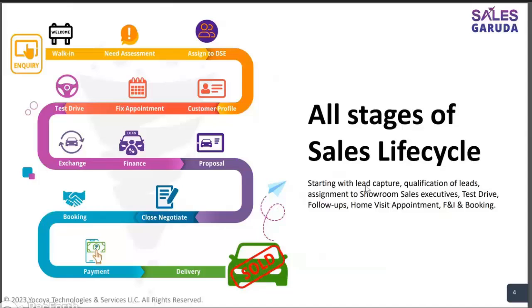Once the proposal is sent to a customer for whichever vehicle the interest is shown, you close the negotiation part, and finally there is a booking that you can see right over here. Once the booking is done, you take the booking amount, and once the payment is received, finally you make the delivery of the vehicle, of the car. This is in a simple way how we can see the entire sales process, starting from the inquiry stage till the vehicle is delivered. Currently you might be doing this on WhatsApp, on Google Sheets,